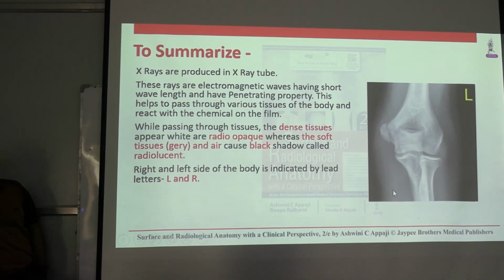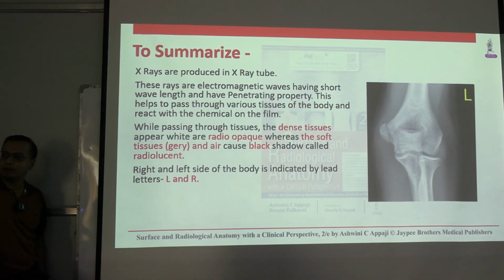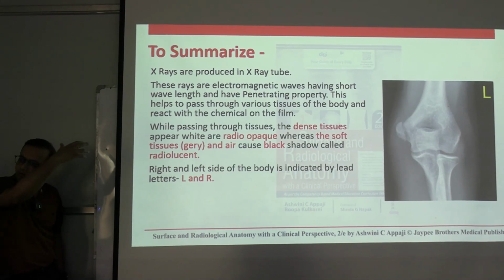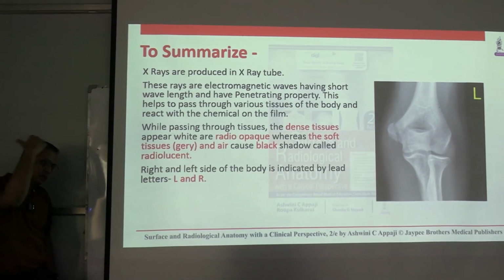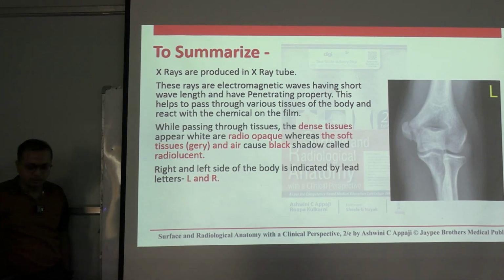Then we describe it like a picture, whatever you see: it is an X-ray plate of the upper limb showing these bones. If you are seeing the whole bone, you say the whole bone. If you are seeing particular portions of a bone, you say those portions. If you are seeing any joints, you say that this particular joint is visible, right? Likewise,